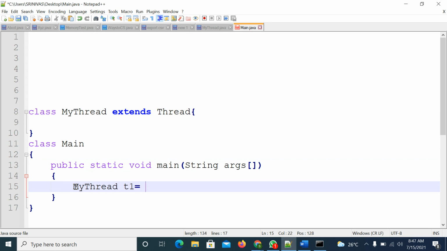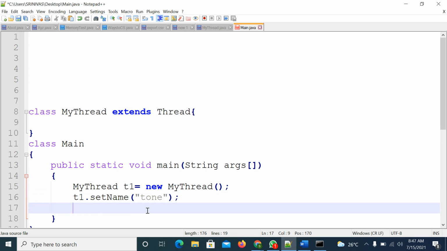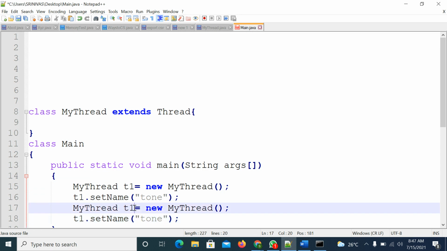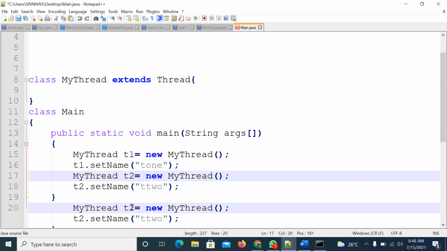T1 thread: set the name for thread 1 by using the setName method, T1. Then create a second thread, T2, and T2.setName with the name T2. So I created two threads, T1 and T2.